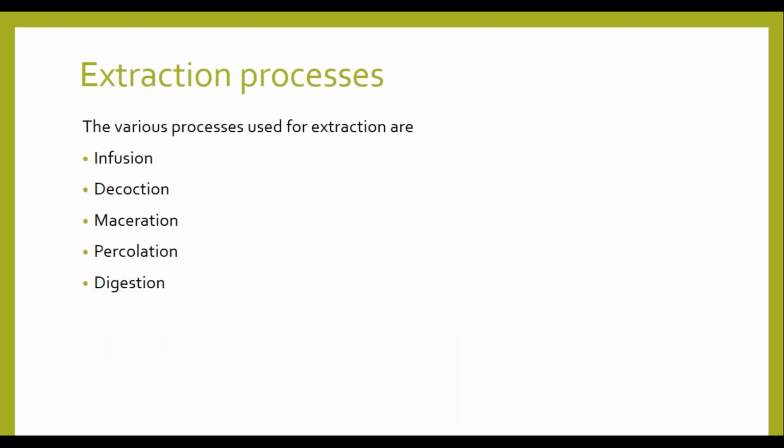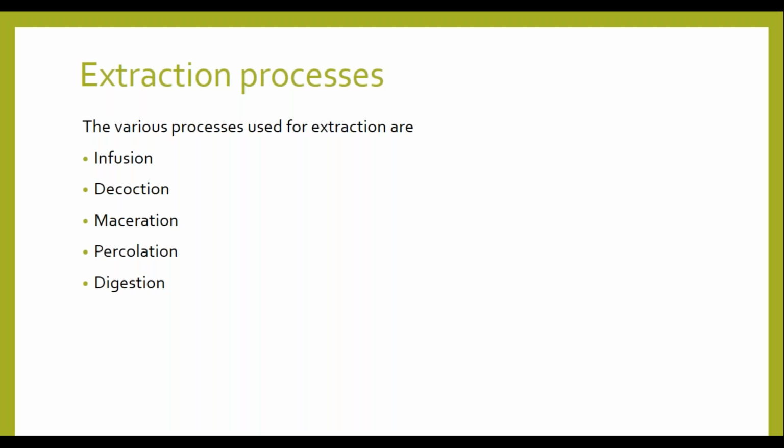So moving to the different extraction processes. Till now, what we studied was the solvents we can use for the process of extraction. Moving to the next, what are the different extraction processes for getting the galenical product? So what's a galenical? Galenicals are nothing but the preparations we get after extraction. So what are the extraction processes we are going to use for getting the product? These are the processes.